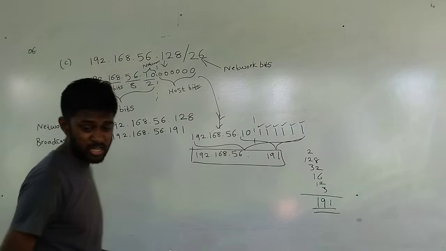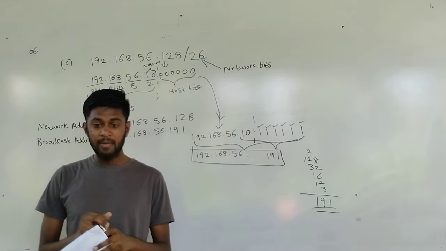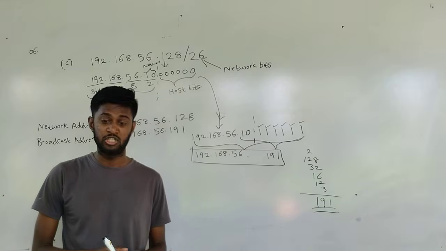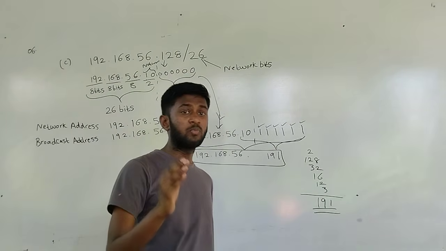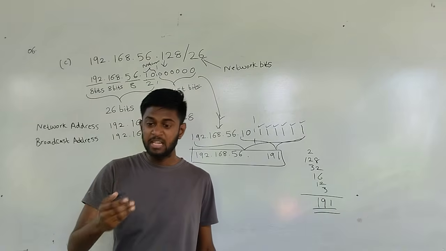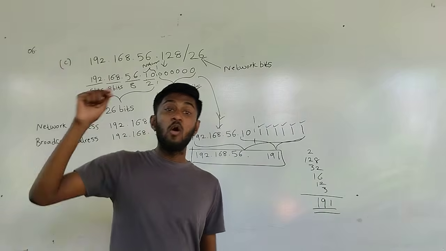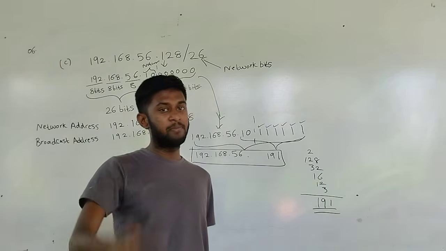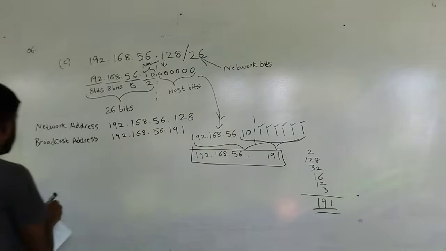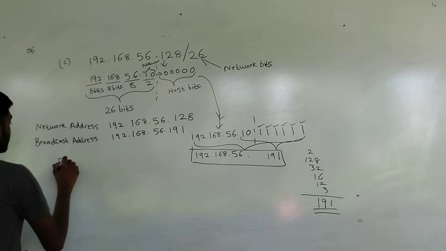Now what is the question the examiner is asking? Write an example IP address that can be assigned to a host attached to this subnet in dotted decimal notation. The examiner is not asking the network address or the broadcast address from you. The examiner is asking for an IP address that can be assigned to a host. That means a usable IP address. So the usable IP address can be in what range? The IP address can be in the range from